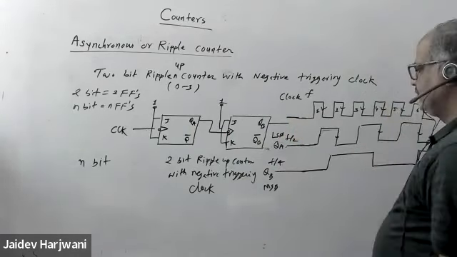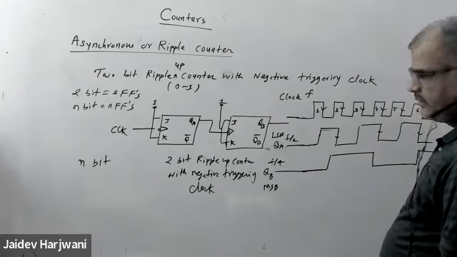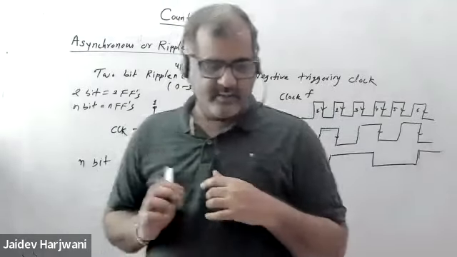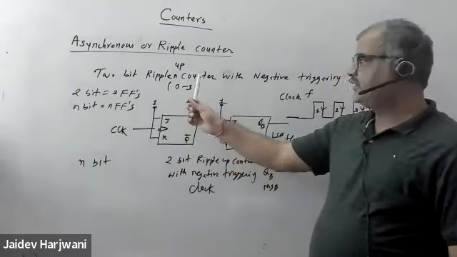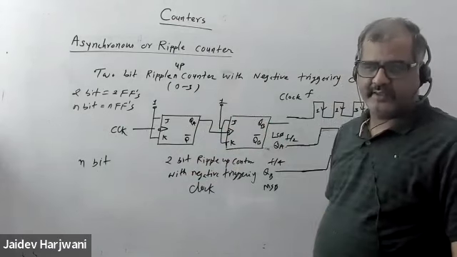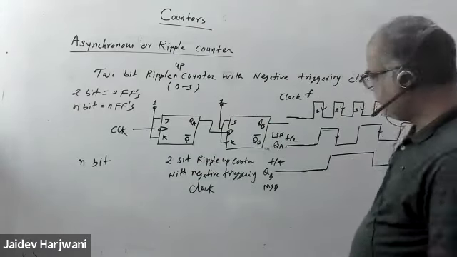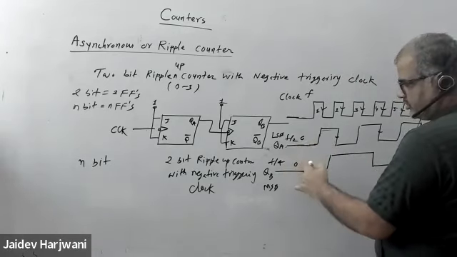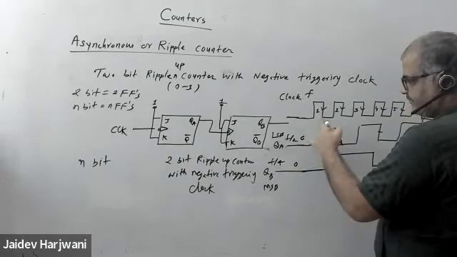तो ये अप हो जा रहा है, नेगेटिव। यही तो ये कॉन्सेप्ट है ना, ये नेगेटिव ट्रिगरिंग का कॉन्सेप्ट होता है। अब मैंने आपको बताया था कि ये रिपल अप काउंटर है, ये 0 से 3 तक काउंट करेगा। ओके, तो देखो, इनिशियली क्या स्टेट है, 0 0, तो ये 0 0 काउंट कर रहा है।